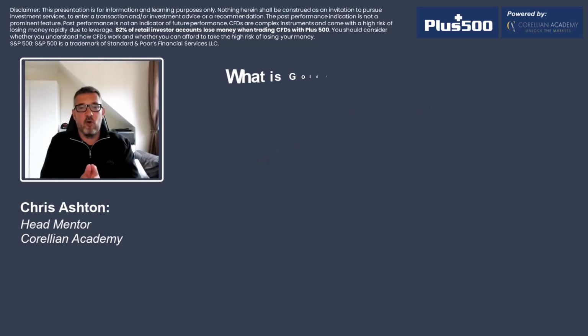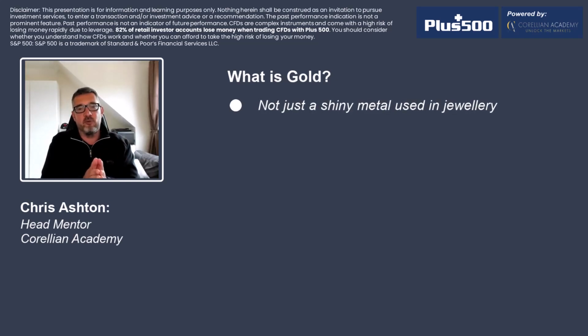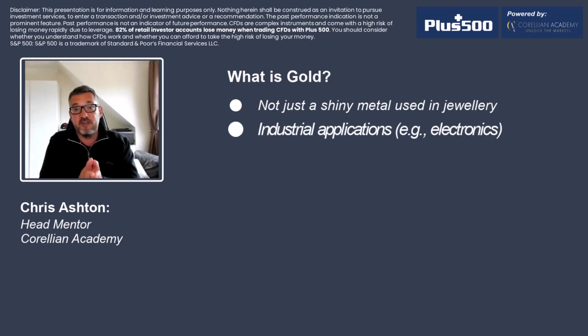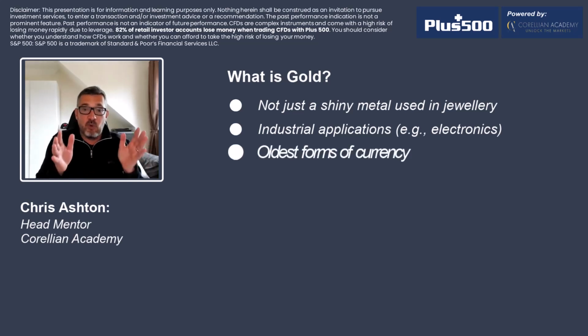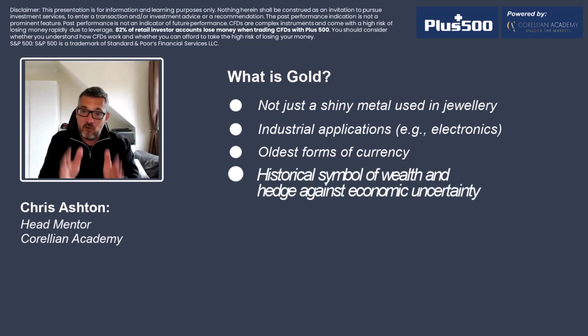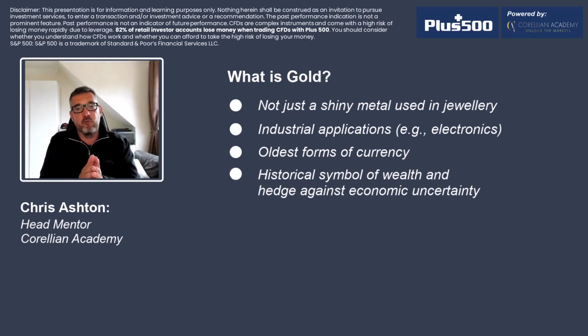Okay, so what is gold? Let's start with the basics. Gold is not just a shiny metal. While it is used in jewelry, it has also various industrial applications due to its high conductivity and resistance to corrosion. It's one of the oldest forms of currency, and historically, it has been a symbol of wealth and a